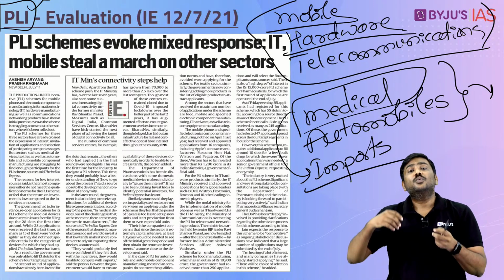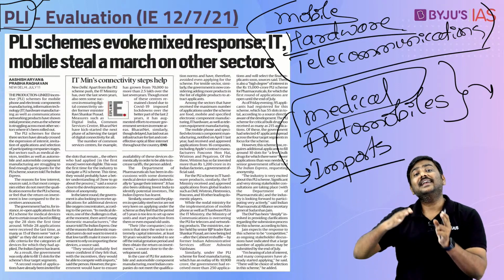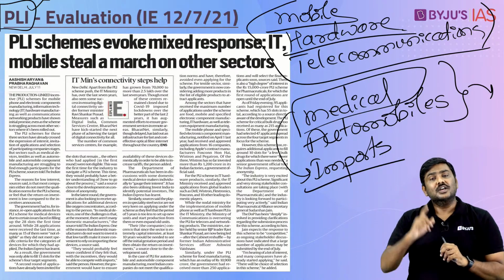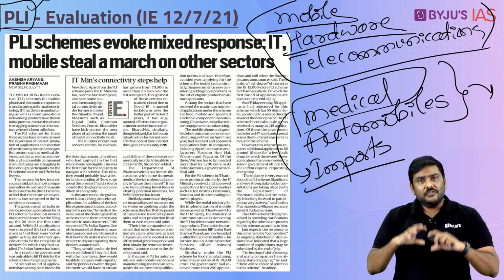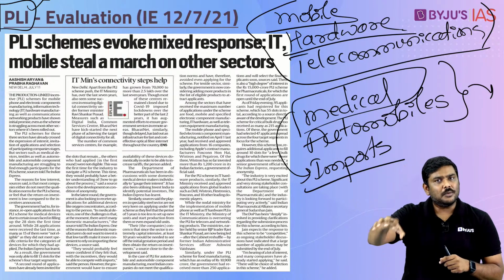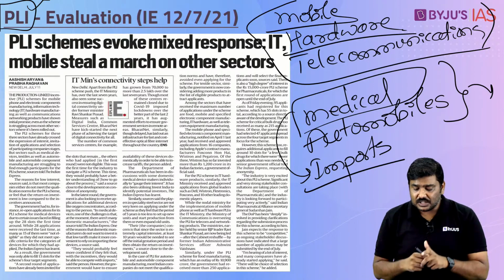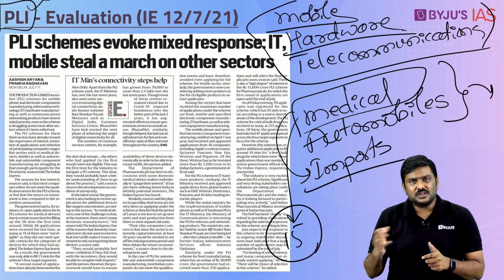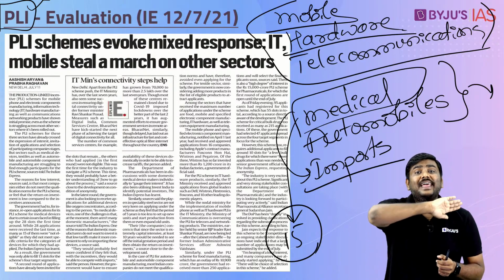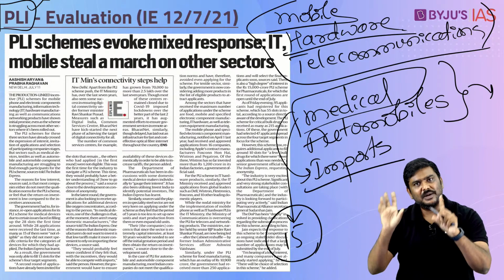So the argument here is, why will a private sector company invest under PLI, produce a good and end up selling it at a higher price within the domestic market, for which the demand will be very less. So that is one reason. Second reason is, very recently there were 28 slots or 28 positions within PLI for which the tender was called by Government of India, and there were 28 bids given to government. Out of this, it was found that 15 of the companies which had given a bid to government were not eligible at all. So there is also a concern with respect to eligibility conditions within this particular PLI scheme.